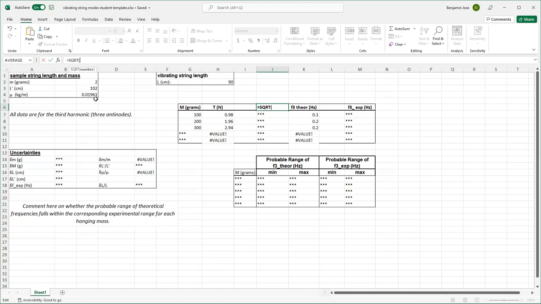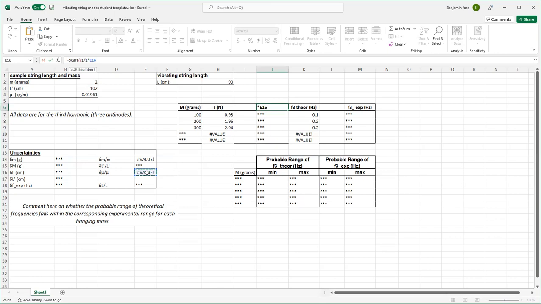Now, I already went over this in class, so I won't belabor the point, but remember, since the formula includes the square root of tension over mass density, then you must have a factor of 1/2 in front of those uncertainties, the 1/2 being the power to which the tension and mass density are raised. So I won't type out the whole thing, but I'll do one right now. So 1/2 times the relative uncertainty in the